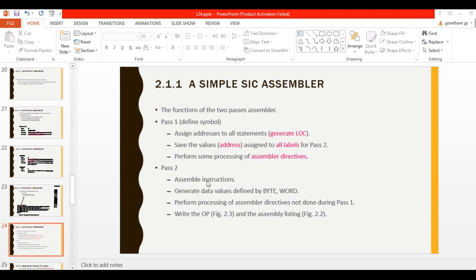It will refer to the symbol table. Pass 1 generates the location counter, scans the instructions, and refers to the opcode table, the OPTAB, to evaluate the object code. If it is available in the OPTAB, then it is valid; otherwise it will generate an error. Then it refers to the symbol table to initialize symbols and location values, which will be referred to in pass 2.